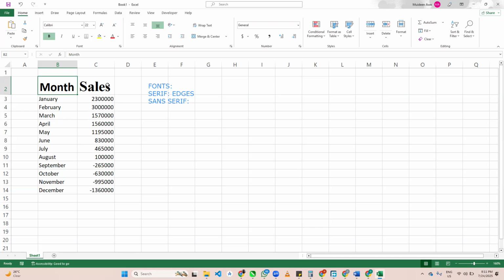They might not necessarily use Calibri, but go and check, the type of font they use will be serif, because they want to appeal to the elites, to the serious